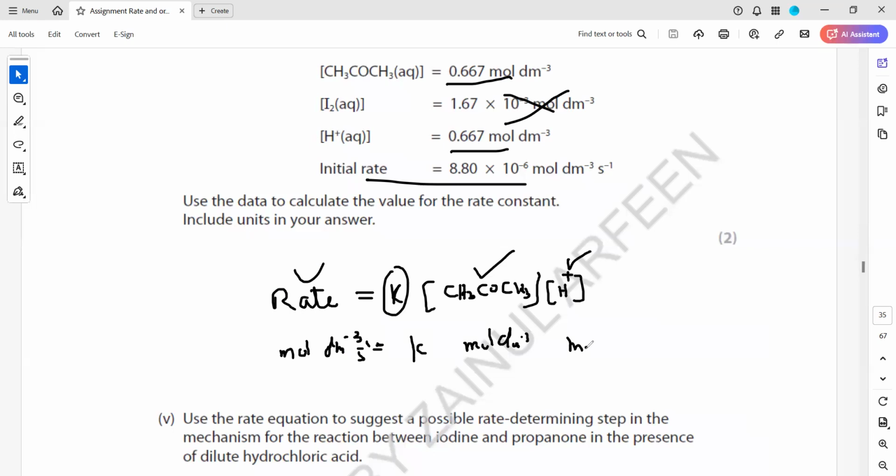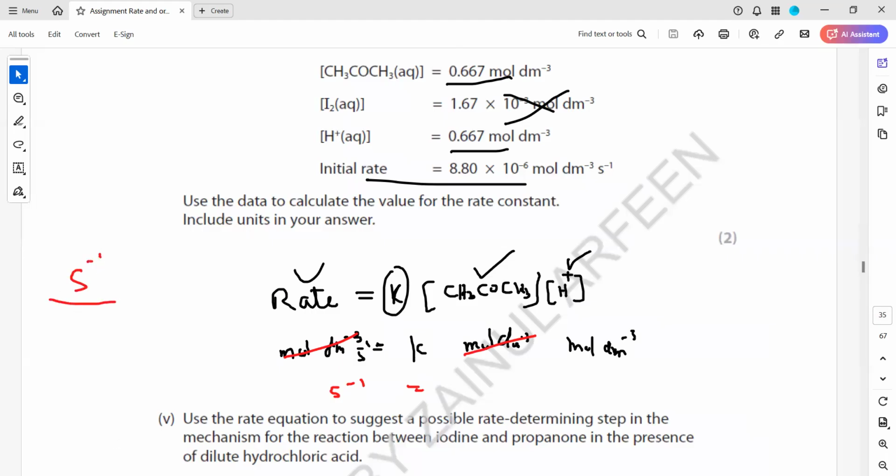And this also moles per dm cube. So when we simplify this, moles per dm cube will cancel with this moles per dm cube. So here we are left with second inverse, and here we are left with mole per dm cube. This will go there in division. So this will become second inverse